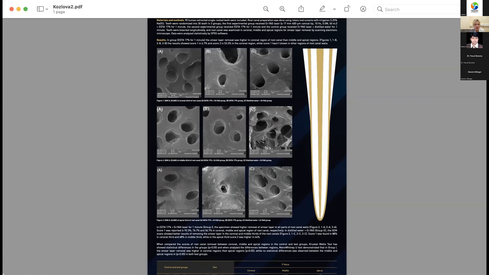The mechanism of laser-activated irrigation is a pure cavitation phenomenon, which works as a pulsed laser operation and causes an expansion and